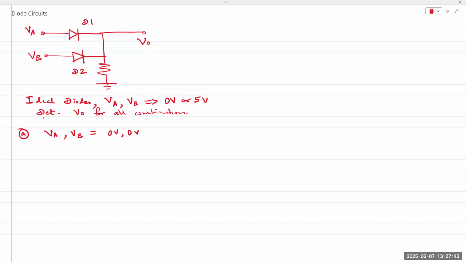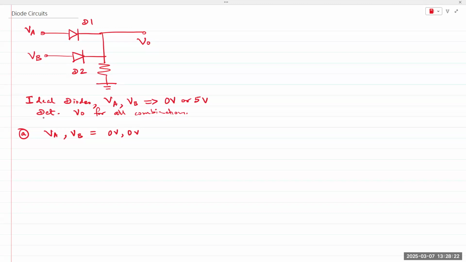For forward bias, the anode must just be slightly larger. It could be 0 and 1 volt, 0 and 5 volts, 0 and 10 volts, 5 volts and 10 volts. As long as the anode is at a higher voltage, even 0 and 0.01 volts, it doesn't really matter. The ideal diode model simply means, in theory, as long as the anode is higher, it's on. So based on that condition, if VA and VB are both 0 volts,